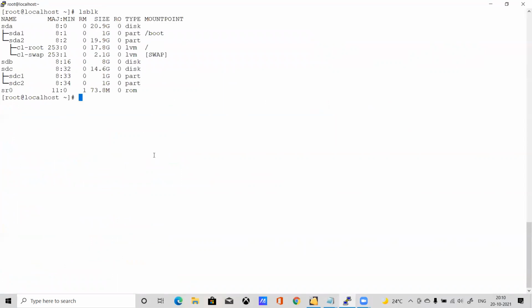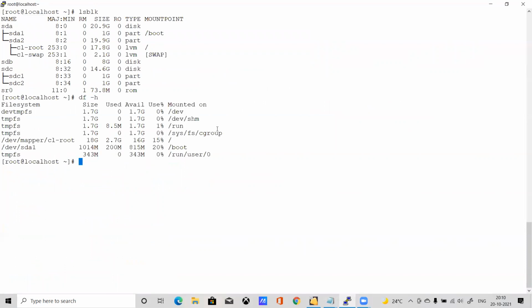Let's run lsblk here. We have two disks, and we will add these two disks. Right now I have sdb and sdc. Now df -h: nothing is mounted here, they are just created. Now I will directly run pvcreate /dev/sdb.